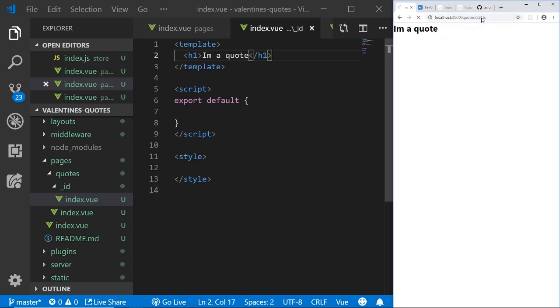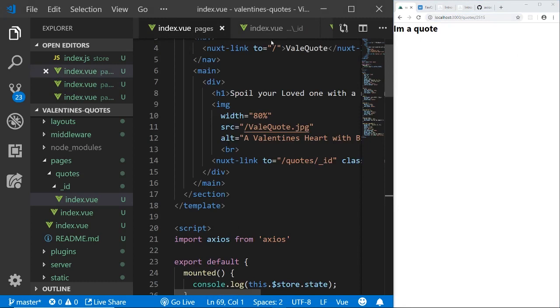You can even do numbers. I don't think the dot is valid. Oh, it is. But okay, so we can do numbers or whatever. So what we want to do is send in the quote ID with the URL. And then when we do that, we want to fetch that specific quote ID from the store and show all its details over here. So first of all, we're sending it to the